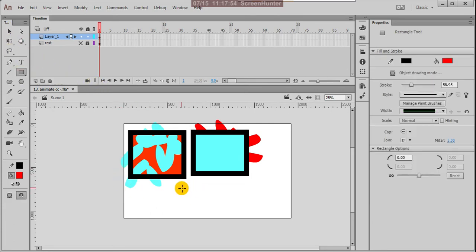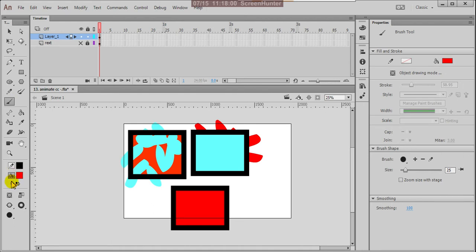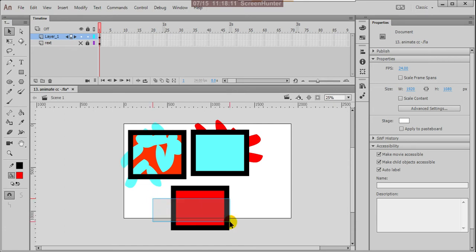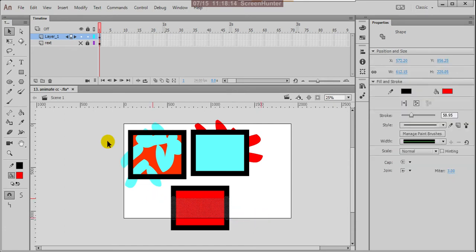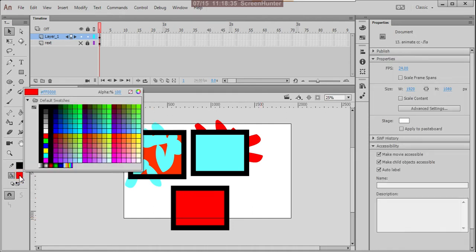One more thing: draw one shape here, choose this brush, and check the option paint selection. That means suppose you select some area here. This is my area I'm selecting, and I choose this brush, come here to paint selection, and change my color.